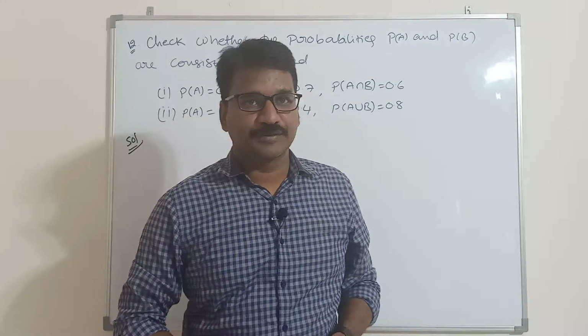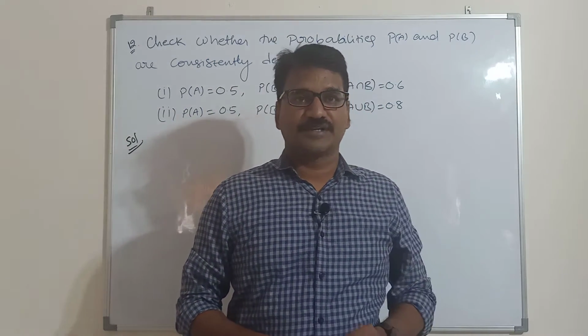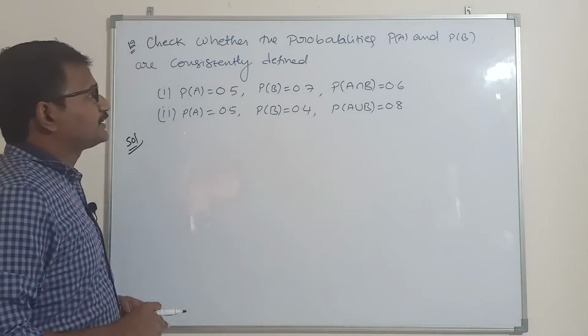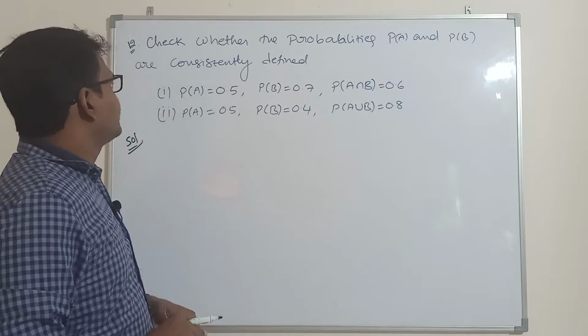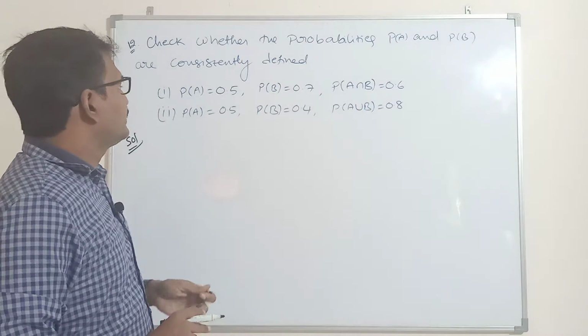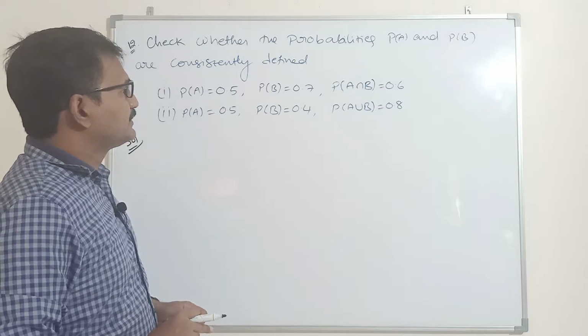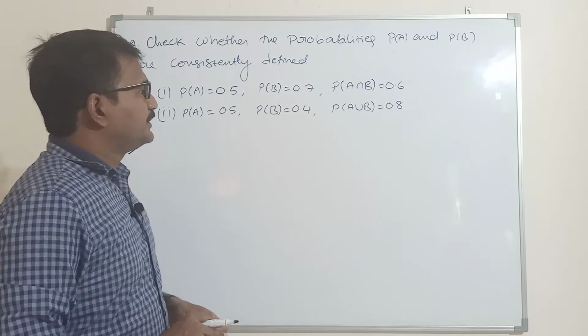Today we are going to continue exercise 16.3 part 3. So the next problem is the 12th problem. Check whether the probabilities P of A and P of B are consistently defined or not. First problem, P of A equal to 0.5, P of B equal to 0.7, P of A intersection B